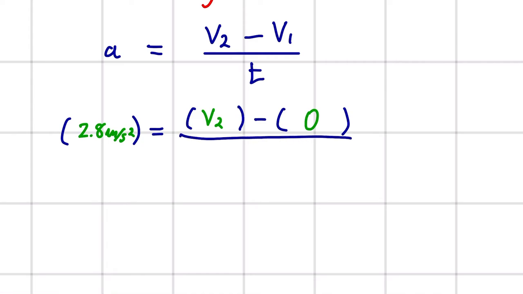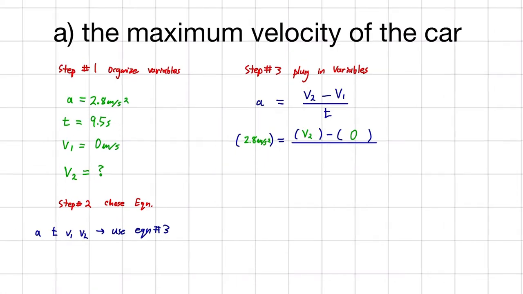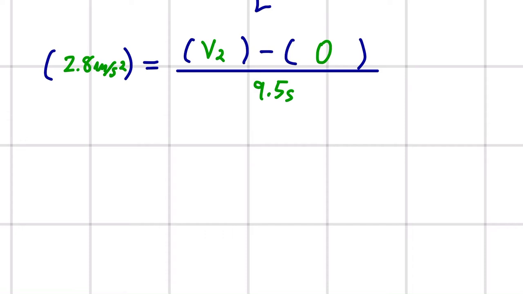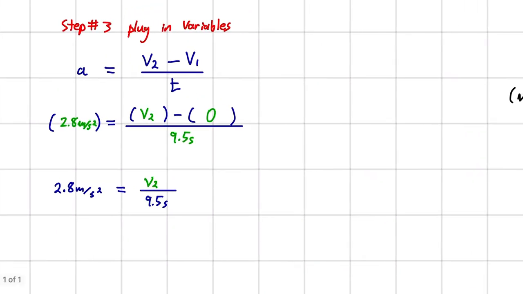And over time, I'll do this in green, 9.5 seconds. And now let's just rewrite this equation, taking out the brackets and just clarifying what we have. I'm going to keep our v2 in green just so that it's clear, it's our unknown. Over 9.5 seconds. Okay, and that brings us to step 4,